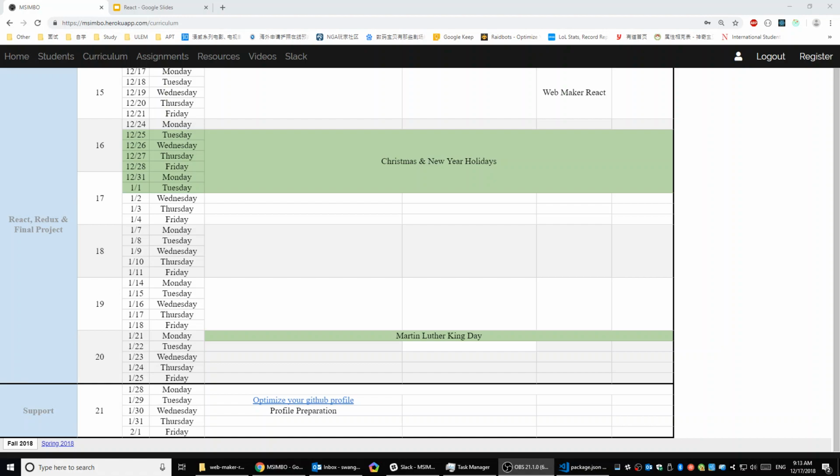So before we learn React, let's just review what we did for Angular, alright? I'm just writing on the whiteboard right now. For Angular, we have the component, we have a client service, we have a server service, and we have a database, right? In the client side, we have a component,